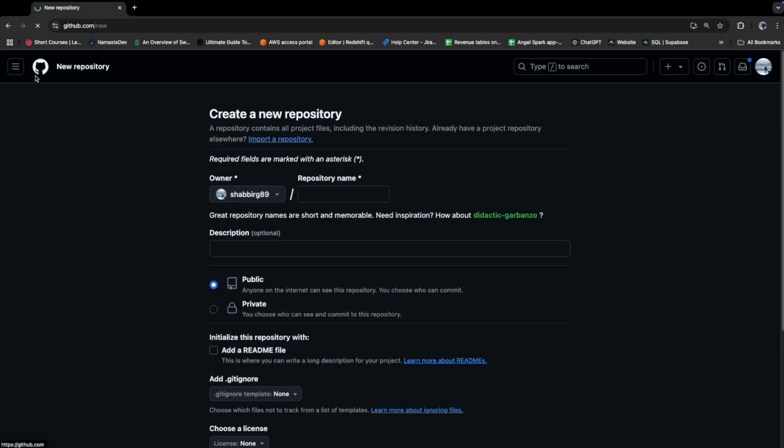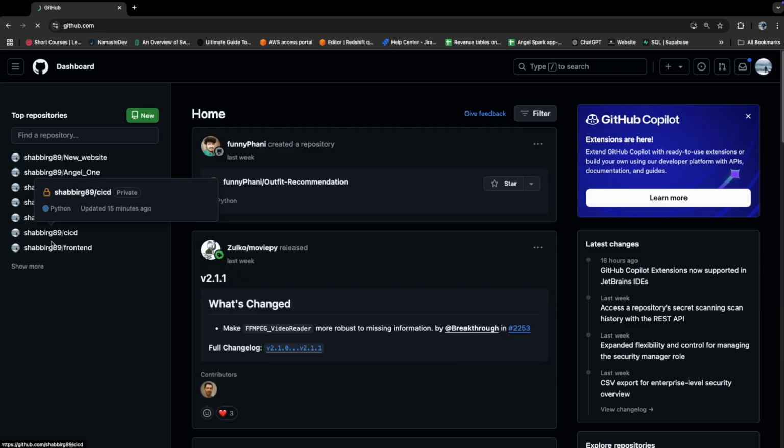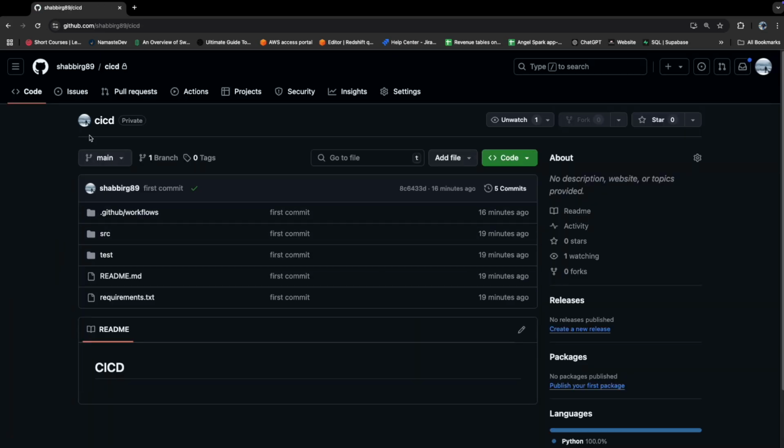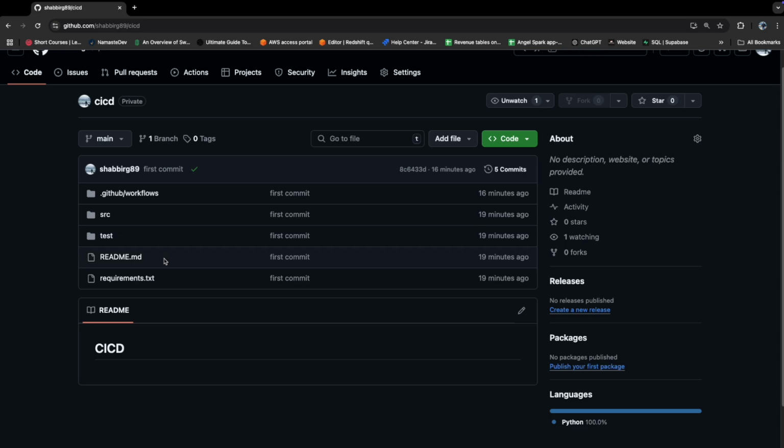Once that is done, you can start with the CI/CD pipeline workflow. I have already created a CI/CD pipeline repo here, and you just have to follow the steps. Once your code is linked with the local repo using git init and setting the remote directory, you'll be able to push and pull code from your main branch.